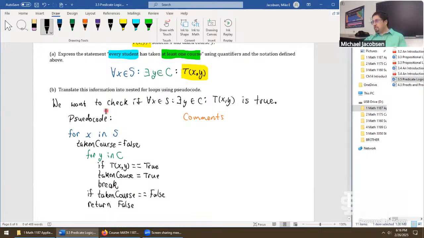Okay, so let's reimagine what's going on with this for loop again. We grab student X, we initialize taking course false, then we check every course in C. And let's imagine this time taking course flips to true, and it does it every time we go through the loop for every new X. That means this part never happens. So we would complete all the loops. Taken course would be set to true in this outcome. And so we should say for the overall statement here, return